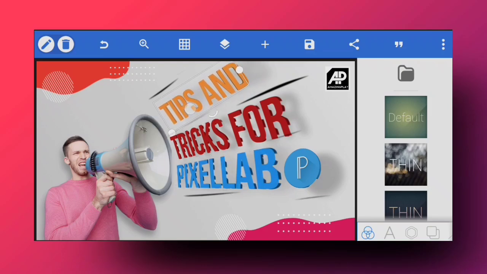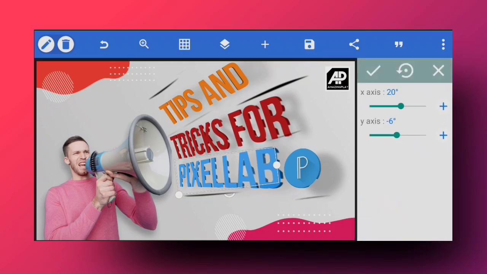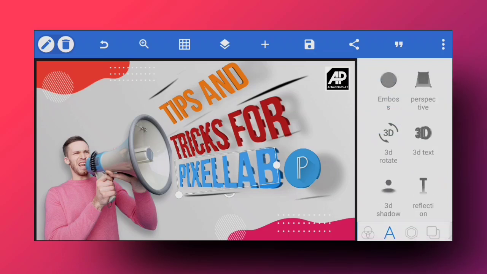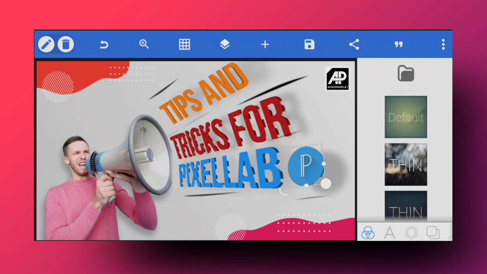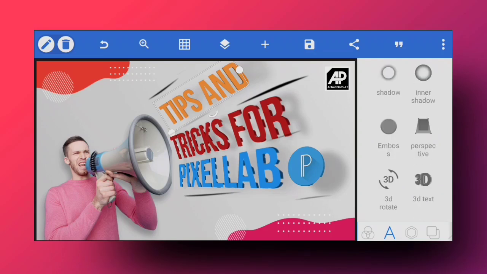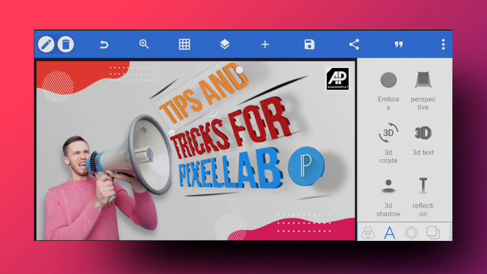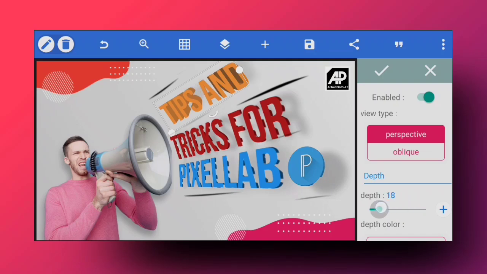And as you can see, I've also changed this 3D motion or 3D rotation. As you can see, there are some values applied. So if I move it around, you can change the way it looks and make changes to your 3D-ness and how they look. So if you want to make some 3D looking designs, you can do that from this function right here. Moving on with this function right here. I'm gonna select the text, and we've got the 3D text right here. So this is what I have used to create this depth effect. As you can see, this is what we are creating.